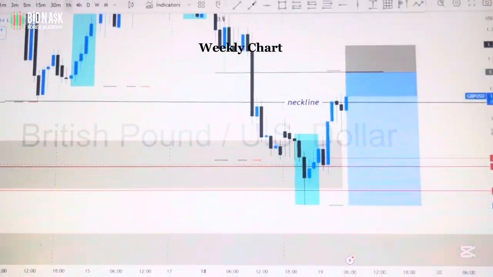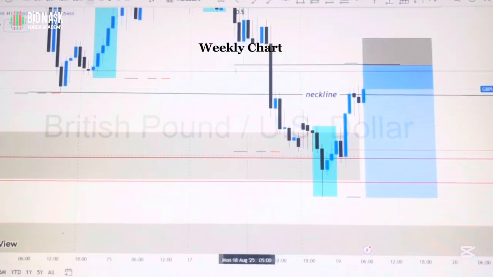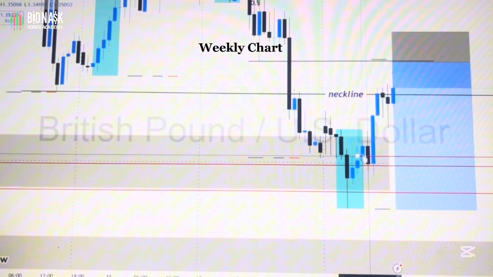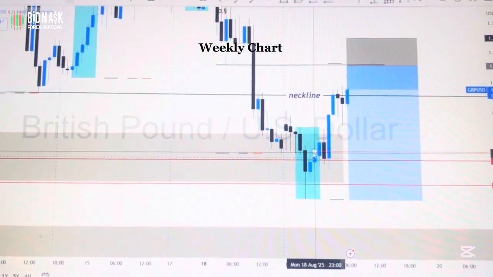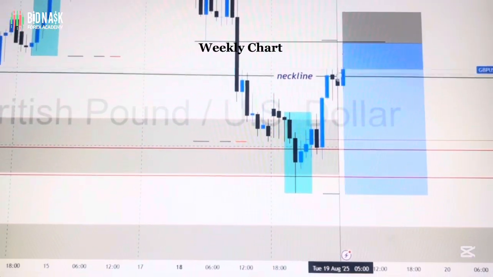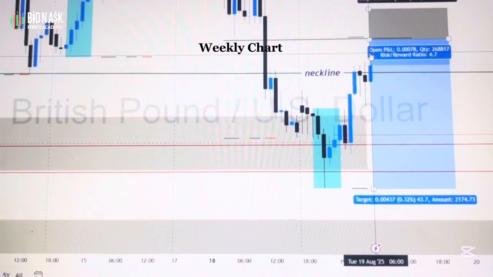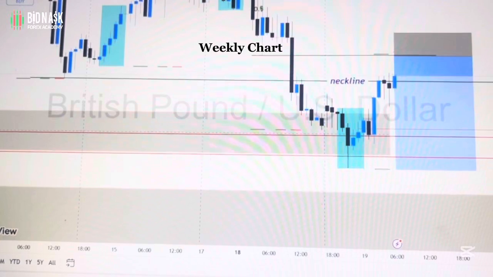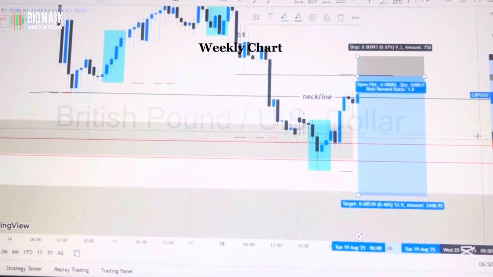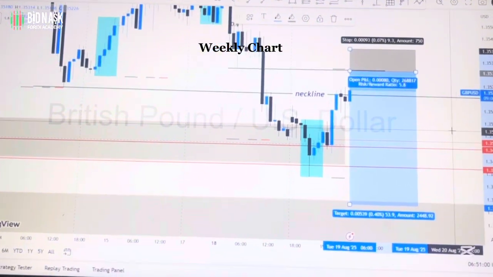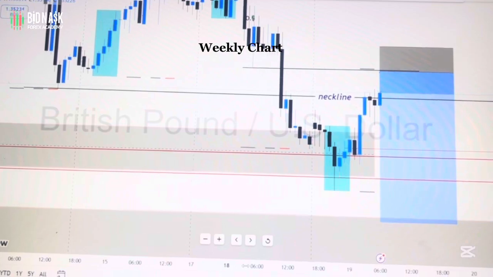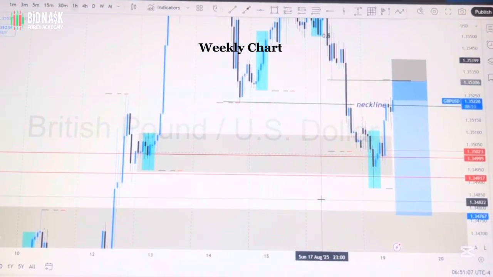Now the strategy that we used in entering this market was that we observed the neckline and we understood that once price breaks this particular neckline, it will always have a way of doing what? Bouncing back. That is break and retest. So that's why we are already inside the trade and expecting the trade to do what? Sell down to this other particular region. So for today, we'll be looking at 1:5 in the GBPUSD market. So I believe that this brief explanation has given you an edge that we are still going on a sell